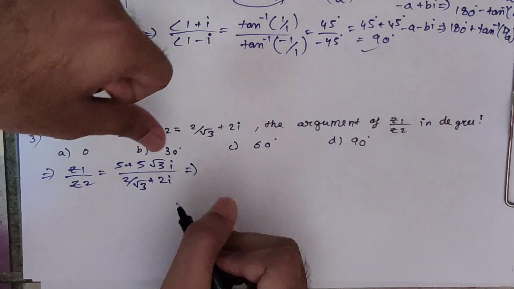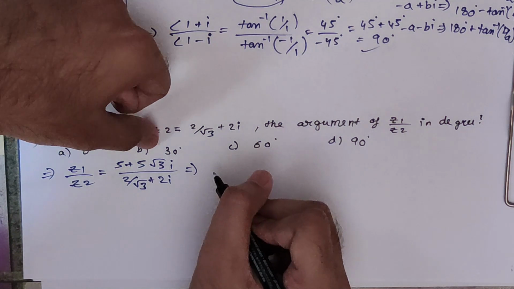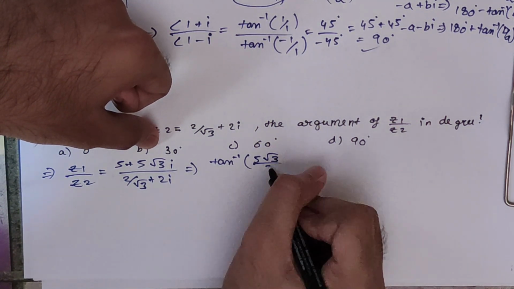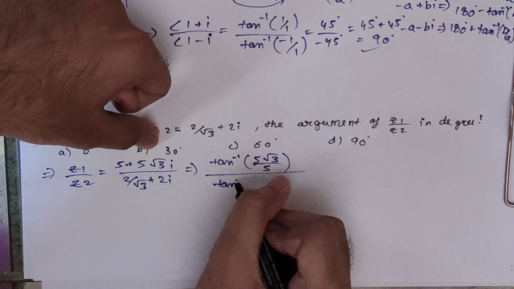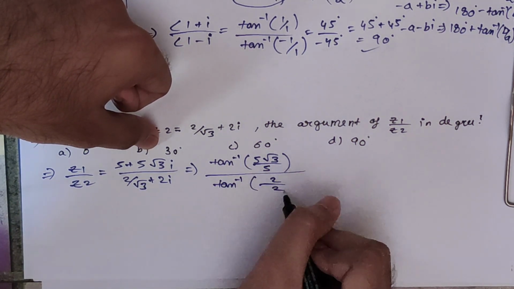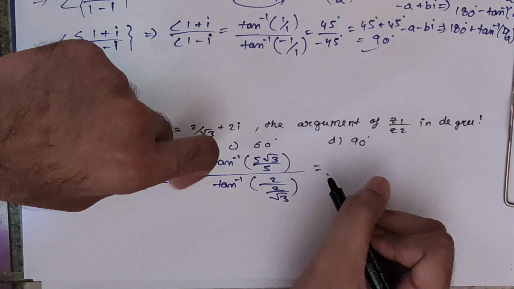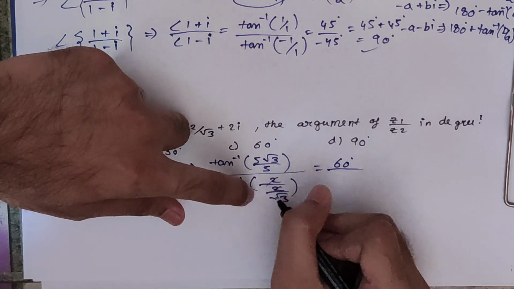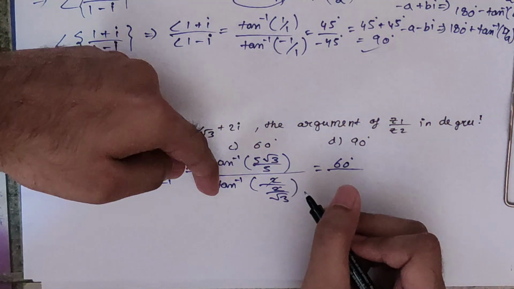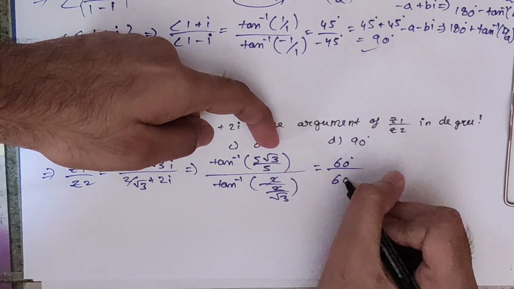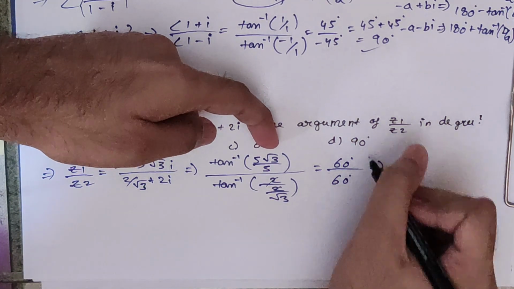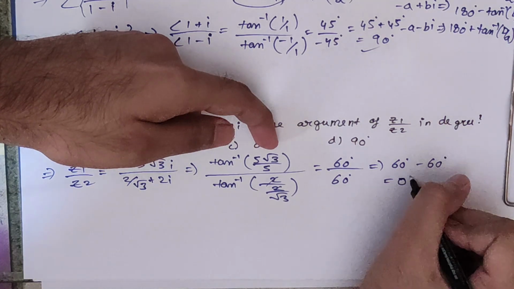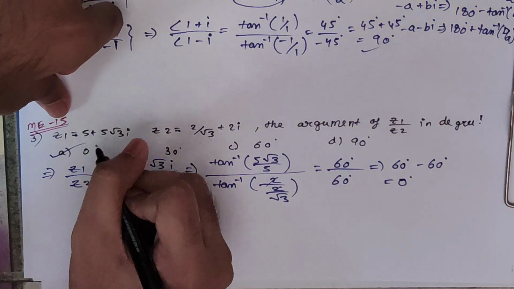We will separate the angle into numerator and denominator, so we will have tan inverse of 5 root 3 upon 5, upon tan inverse of 2 upon 2 by root 3. So basically we have a root 3 here, so 60 degree upon this, 2 got cancelled, and we have a root 3 in numerator, so basically tan inverse of root 3, which is 60 degree again. So if we take the 60 degree in numerator, we will get 60 degree minus 60 degree, so basically 0 degree. So the correct answer will be option A.